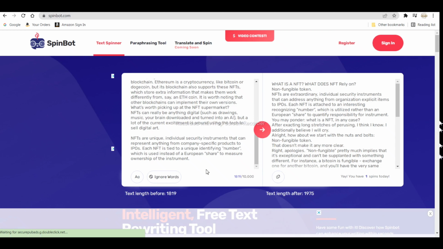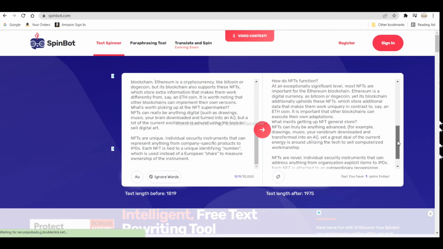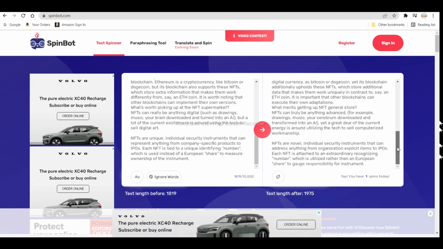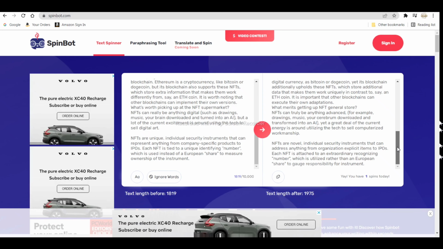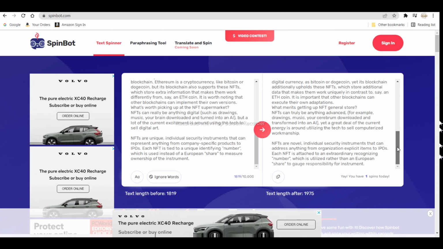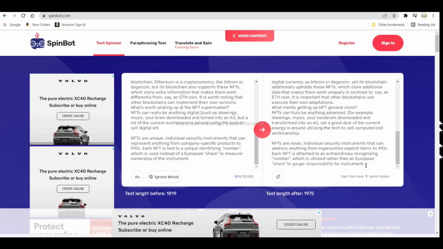Okay viewers, so it has changed some of the wordings, because it is using different words to say the same thing. That is what the article's spinning or rewriting means. So you can copy this,